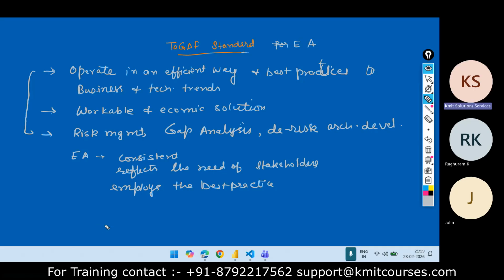It will also consider the current state or baseline state and the future state needs for the business. That is why we say TOGAF standards are more suitable for enterprise architecture.